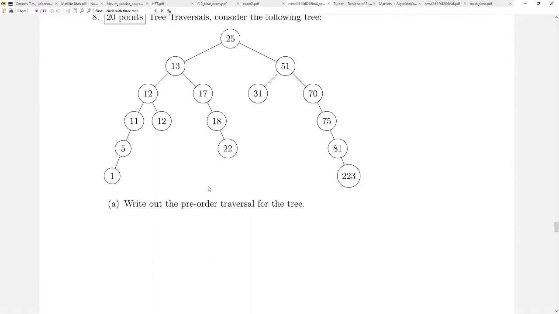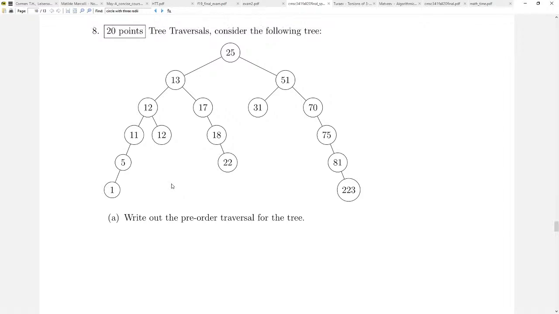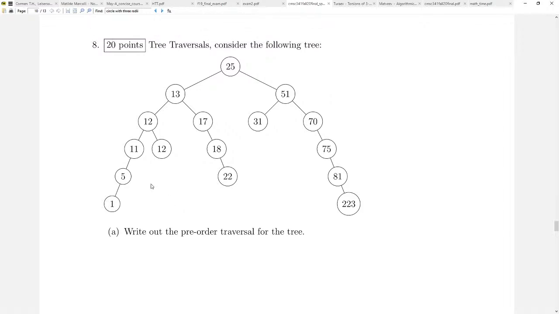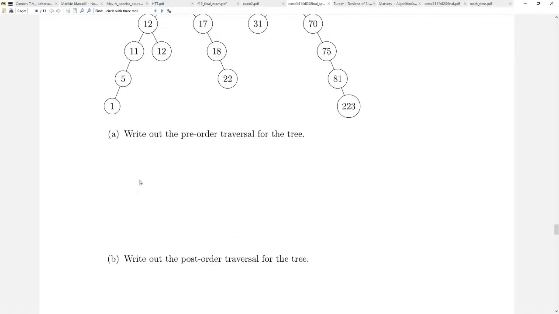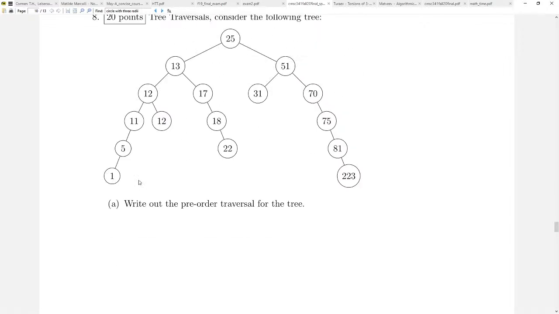Tree traversals. Consider the following tree. Good tree. So, of course, the in-order traversal is not very interesting. Because remember, an in-order traversal of a binary search tree is always just the sorted list of the